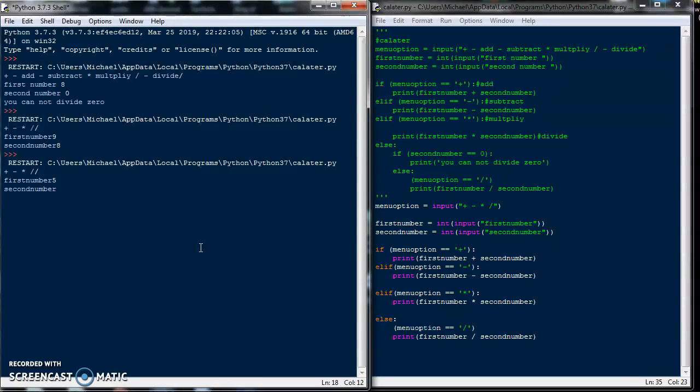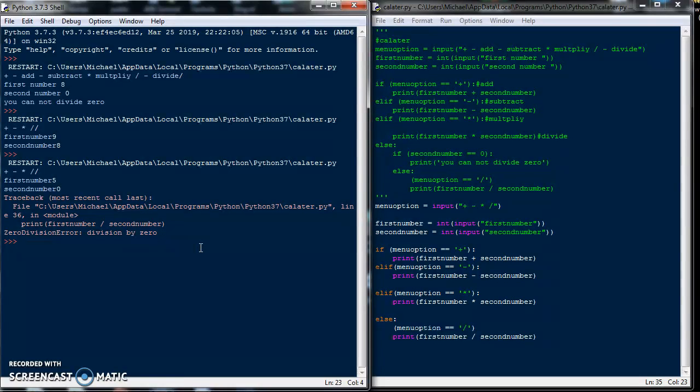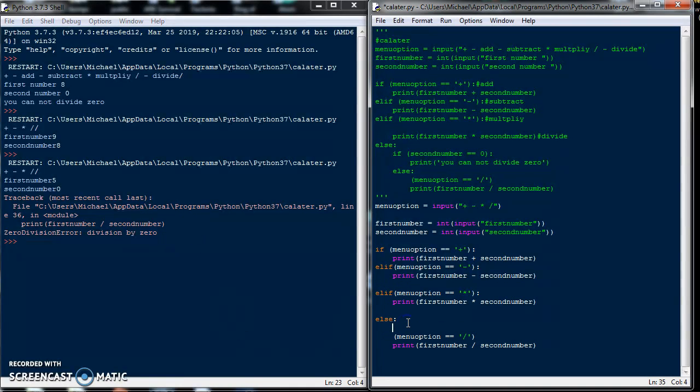Alright, so let me show you what happens. So, if you put 0, that's what happens. So what we need to do is put if second number equals 0. Now print